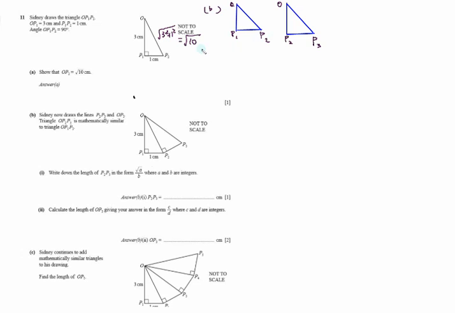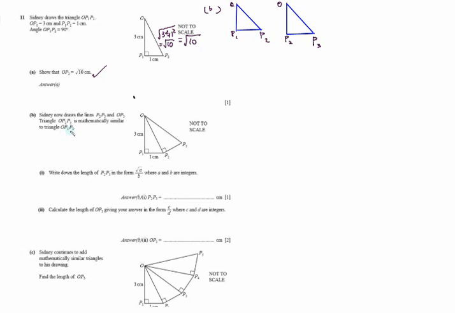Okay, now let's look at this question. Basically, using Pythagoras, you get OP2 equal to square root of 3 plus square root of 1, and then square root, you will get the length of OP1, which is 10. Okay, now, second one, now let's look at, it says that OP1,